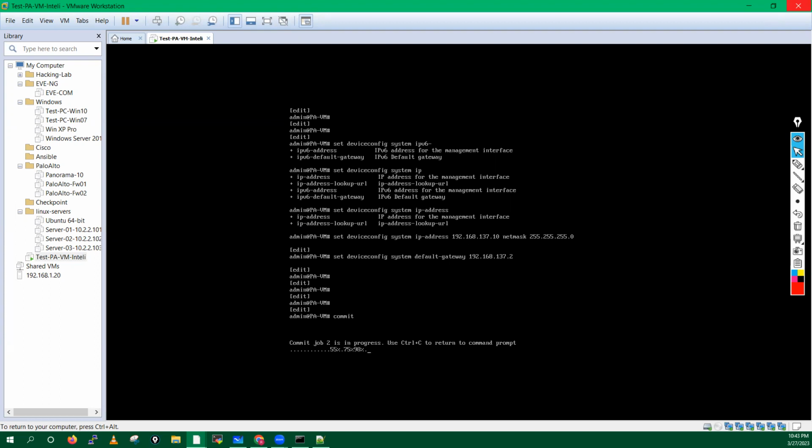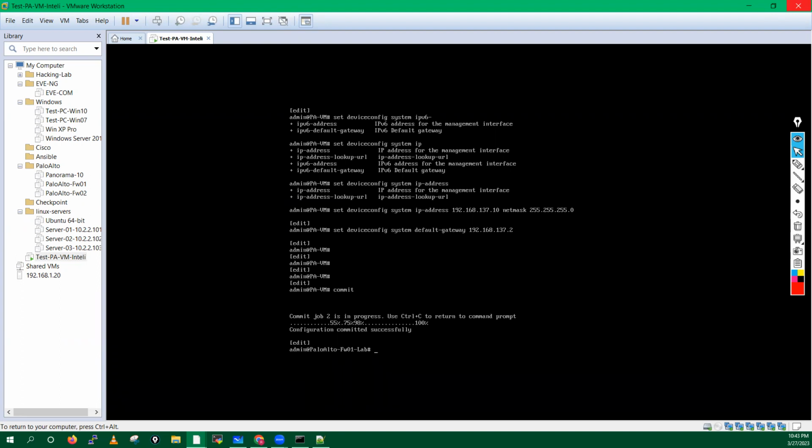What happens with the commit? Commit will save your configuration. Whatever changes we did, it will basically make these changes permanent on your device. It will store these changes into the running configuration of your device. You can see now